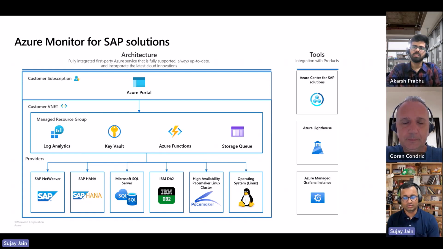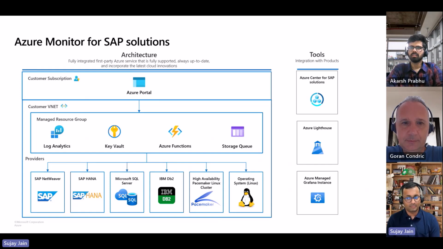And then we have these tools, which add a lot of value to customers. Azure Center for SAP Solutions, as we know, is a one-stop shop for SAP deployment, infrastructure creation, and management capabilities. And AMS is a core, integrated part of ACSS as well. So customers can start their journey from ACSS and also come to AMS to look into details of the availability and performance of their SAP systems.